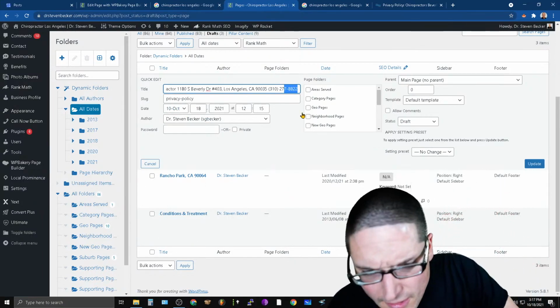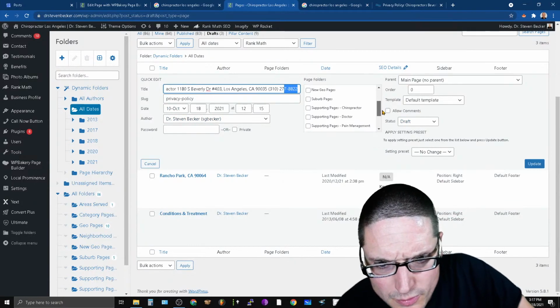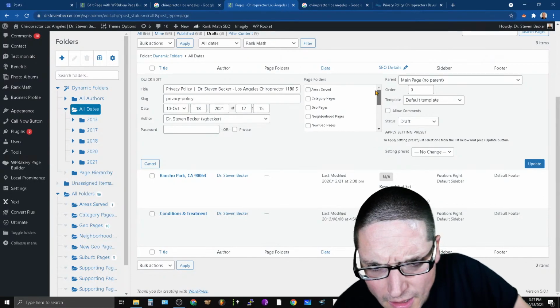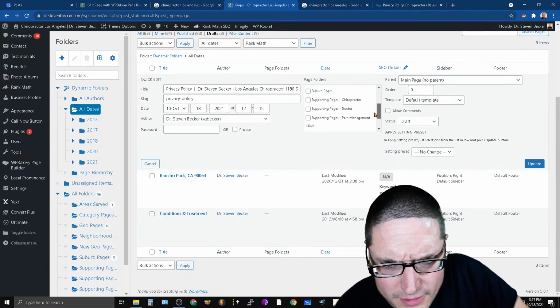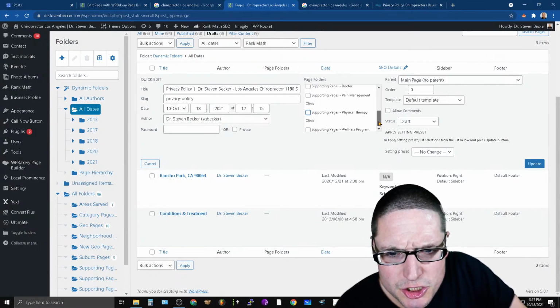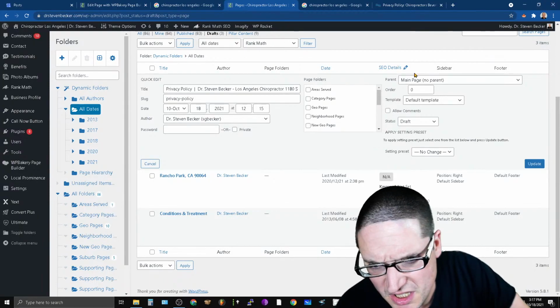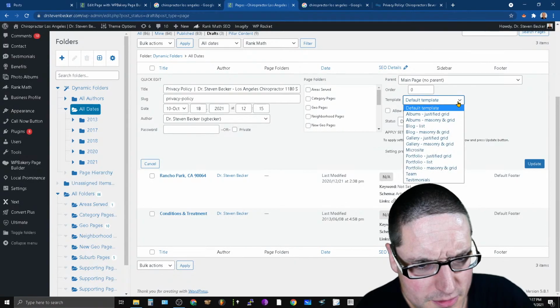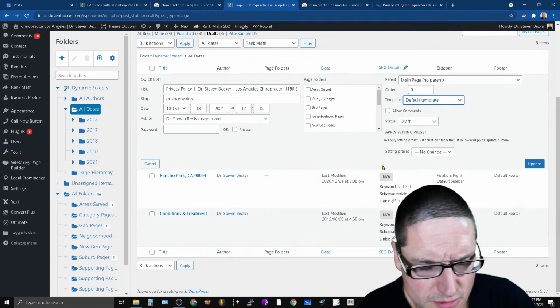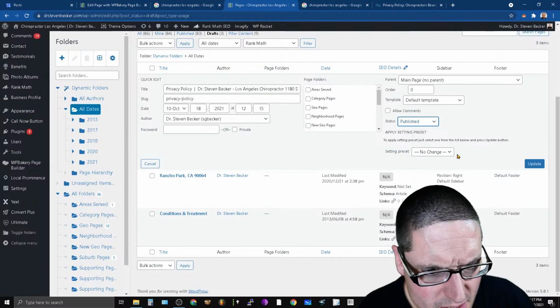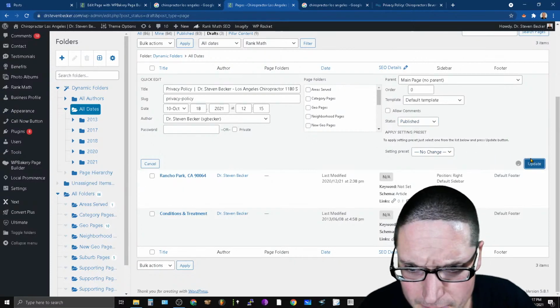Check, check, check. All right, so areas served. So what folders do we want it in? Well, I don't want it in this one. I would say that this is more of a regular page. Do they have something that says something like that? Let me see. I guess it doesn't matter. Okay, so privacy policy, no parent page, template. Oh, there is templates here? Okay, that's okay. I'll just copy it. Status. We're going to go to publish. Okay, now, is this putting it in a main menu? No. Okay, good. Settings preset. Done. Update.